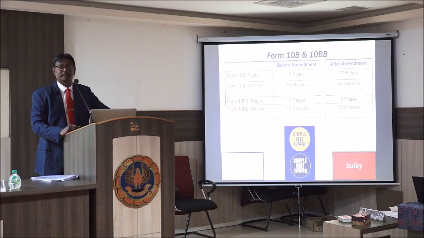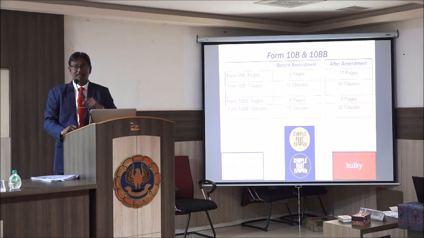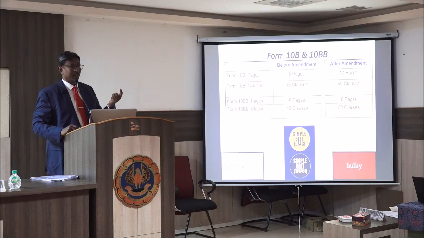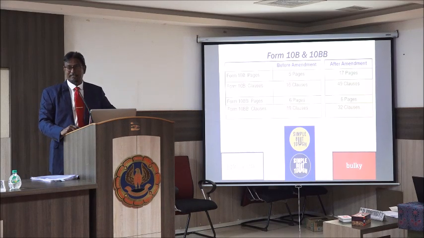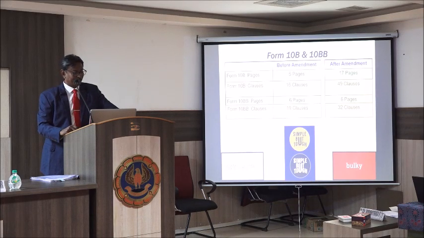They are numbering 1, 2, 3 up to 49 and bringing it down to around 50. But when you go to the subdivisions, there are n number of subdivisions. That numbering has to be done and see how many numbers are coming. And of course Form 10BB is 6 pages and 32 clauses.